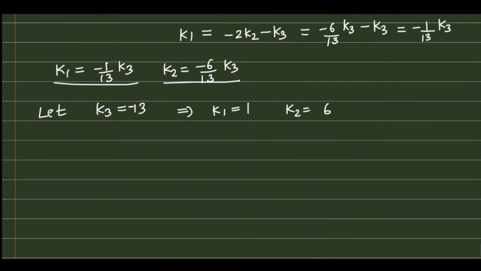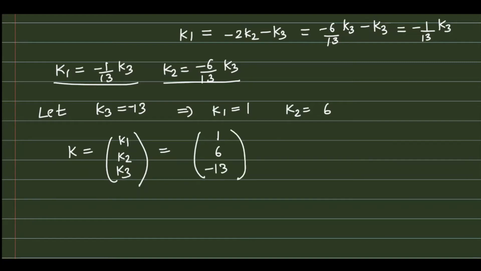So we got here one eigenvector K equal to K1, K2, K3, and the values are 1, 6 and K3 is minus 13. If you give a different value of K3, you will get different eigenvectors. So in this way we can find many eigenvectors, and this is one of them: 1, 6, minus 13 is an eigenvector